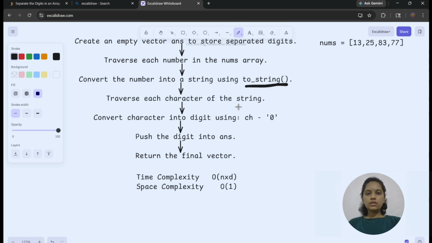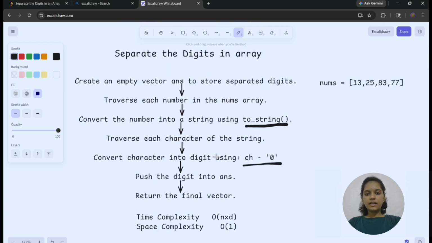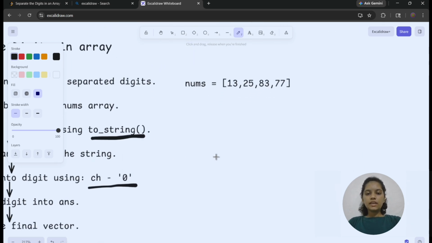So to convert characters into digits I am using this, because when I subtract the character 0 from the character, it becomes a normal number, a normal digit. After that I am pushing it in the answer vector, and at last I am returning the answer vector as the result.